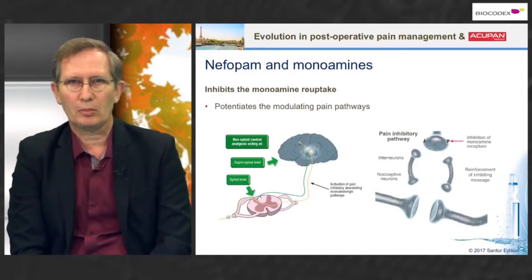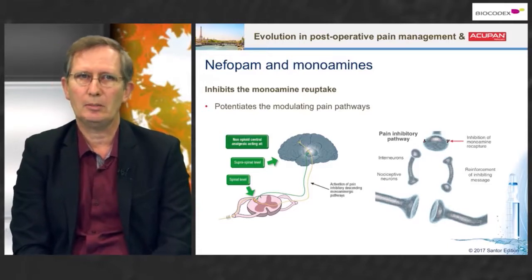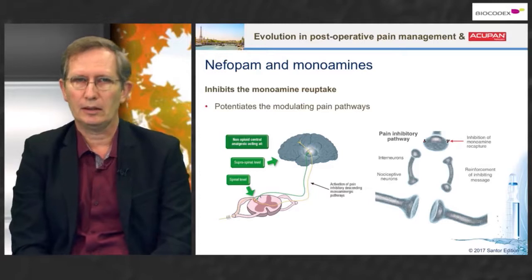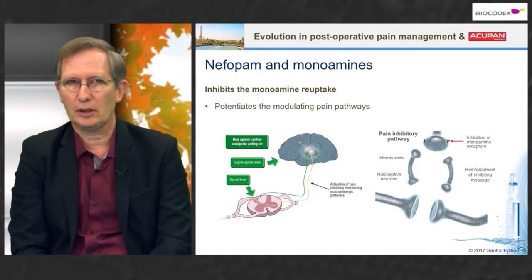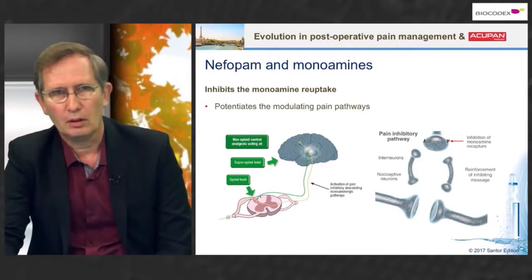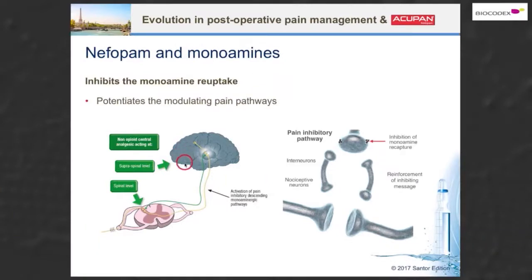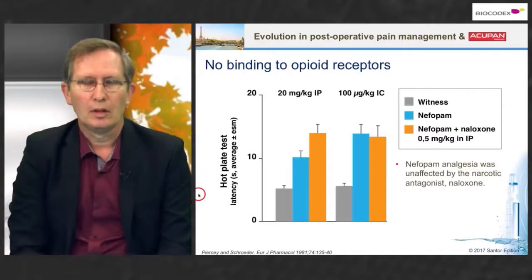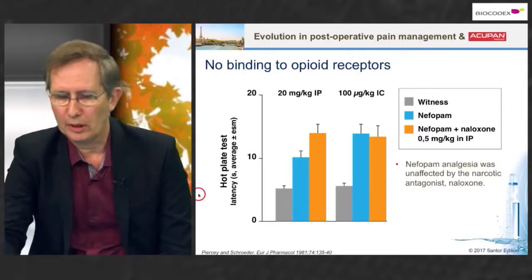So the first one, the mechanism of action. There is a central action of nefopam. It's inhibiting the monoamine reuptake, and in fact it's potentiating the inhibition of the pain pathway, and it's acting both on the brain at this level, and also on the spinal cord. And basically its inhibition of the monoamine reuptake is reinforcing the inhibitory control of the nociceptive message. There is no interaction at all with opioid, and these